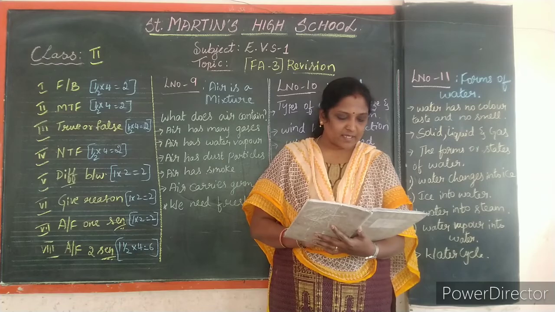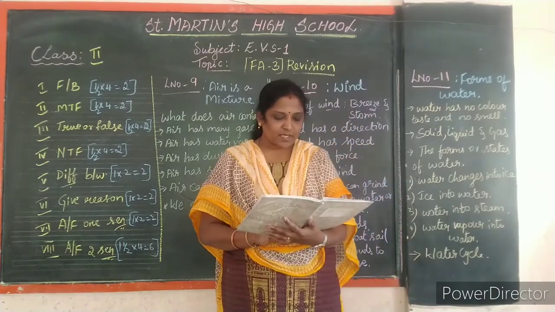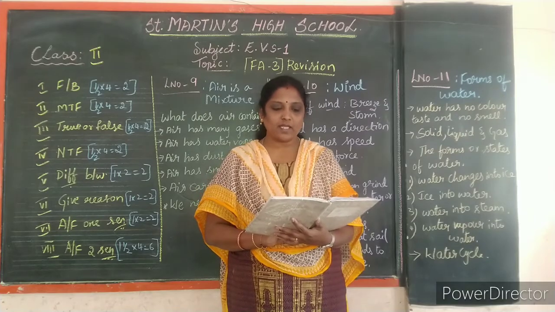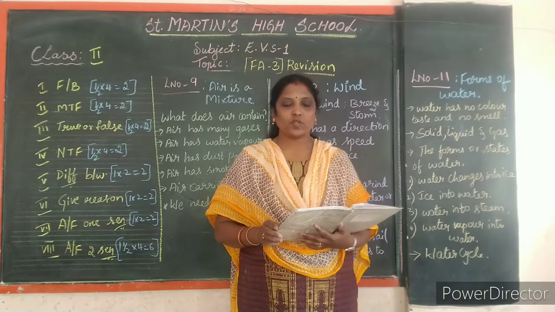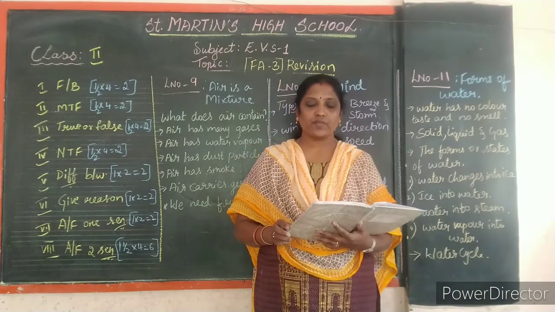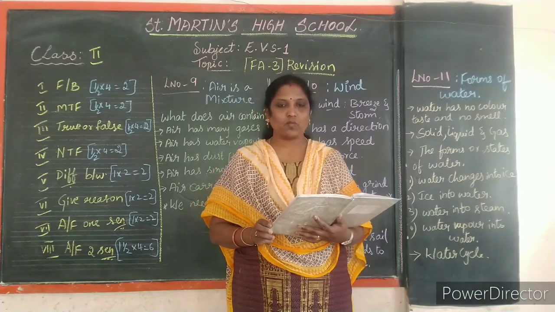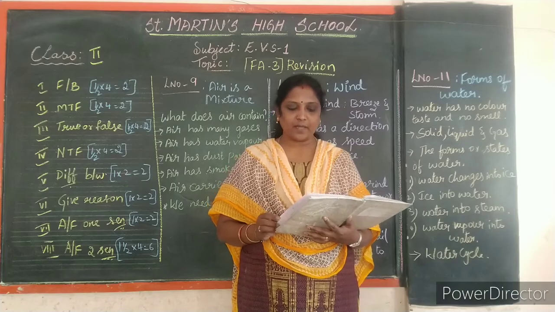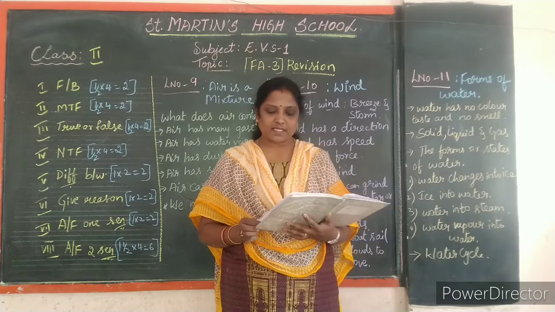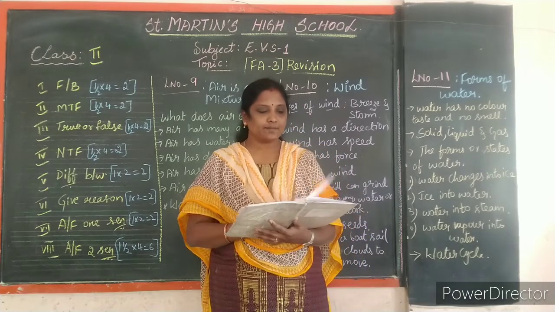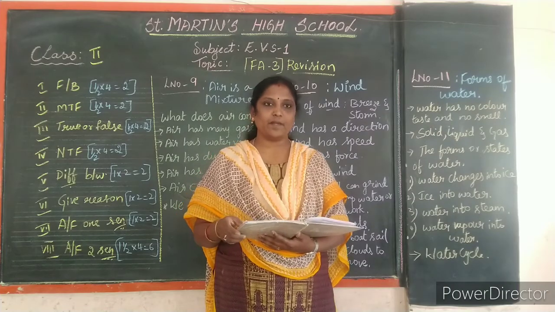What happens when there is a storm? You can write any two points here. A storm makes doors and windows bang loudly, and a storm at sea can sink a ship. Fourth one, give any three uses of wind. Wind dries our clothes, wind helps a boat sail on water, and wind helps a kite to fly. Why is it difficult to walk against the wind with an open umbrella? Because wind has a lot of force on an open umbrella.